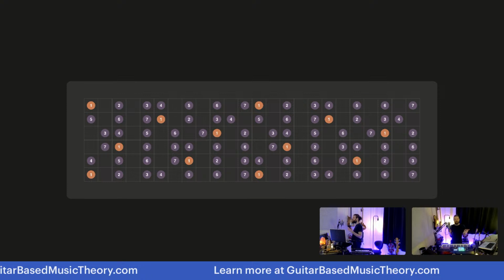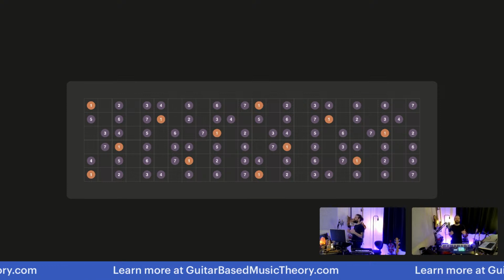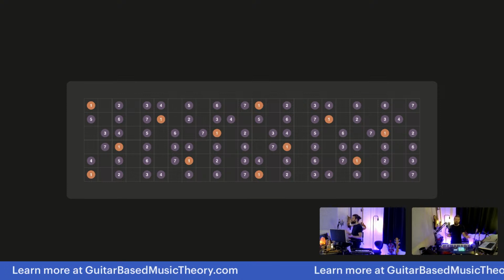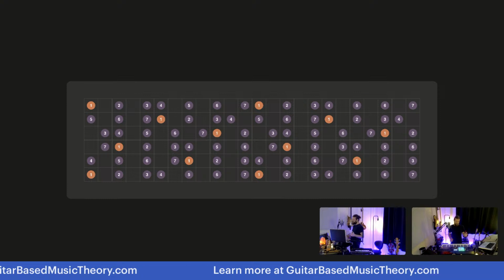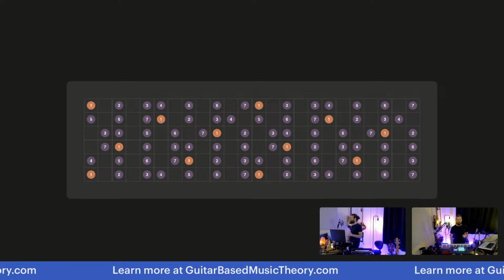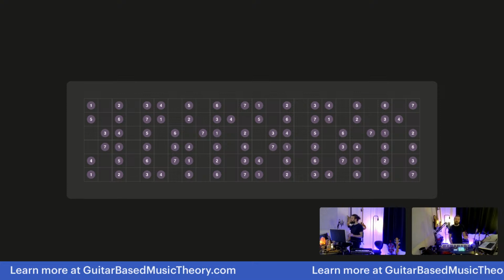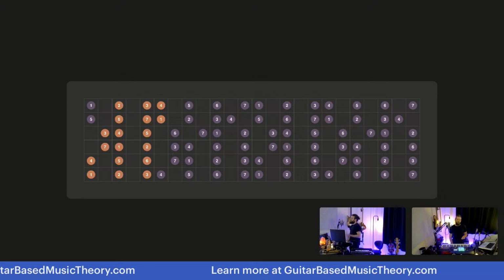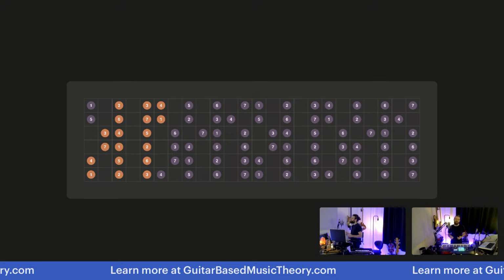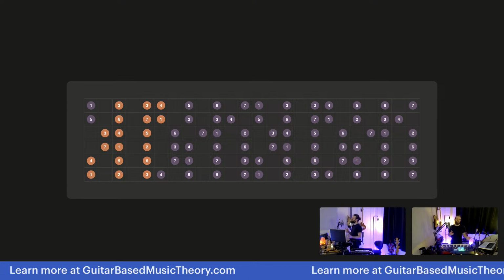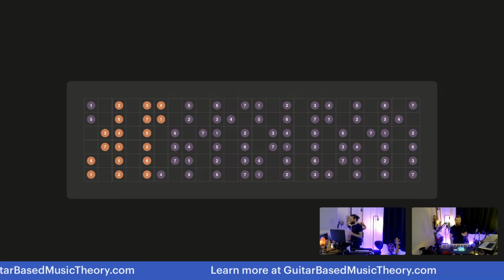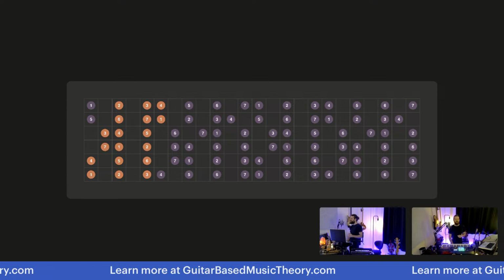Well, if we were to put a big stamp, if you will, for the major scale across the fretboard, it would look like this, but that's a little bit confusing. So we can use modes to break it down, and then we end up discovering, again, guitarbassmusictheory.com breaks this down in that video a little more clearly and a little slower, but we end up with